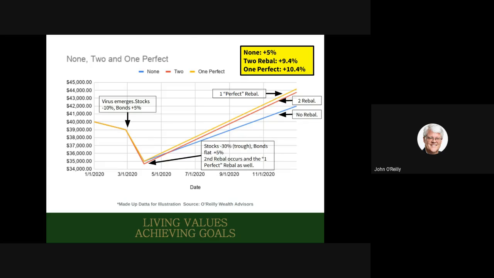For example, if we're moving money in, we want to put it in the fund that is currently the farthest out of whack below its stated percentage, because then you're buying low. And if, let's say, you're in retirement, you're taking money out, then you want to take it out of the fund or the asset class that's the highest relative to all the other items in the portfolio, so that you again are accomplishing at least a partial rebalance by taking money out. And by doing that, by the way, you're buying low and selling high.